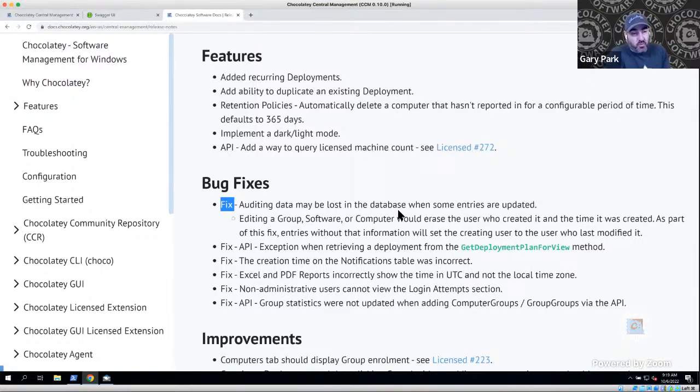But we found there was a scenario where the created date time of a computer could be overwritten with the last edited time or last updated time of the computer. So we put a fix in place